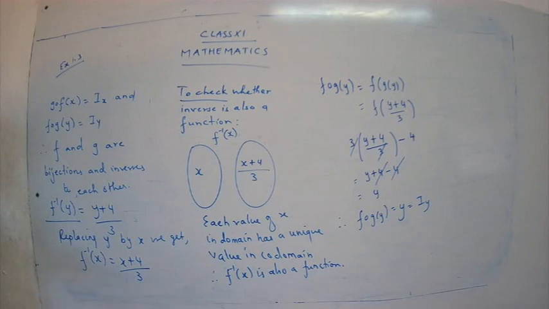So what is that? You have to verify the symmetrical property about the line y is equal to x. So we have to do 3 graphs over here. One is we are going to draw the graph for y is equal to x, and one is you are going to draw a graph for the function. What is the function? f of x is equal to 3x minus 4, and one we have to draw the graph for f inverse x. What is f inverse x? x plus 4 upon 3. So we are going to draw the 3 graphs and we are going to see how are they lying. How is the graph lying? What is the relation between f of x and f inverse x?